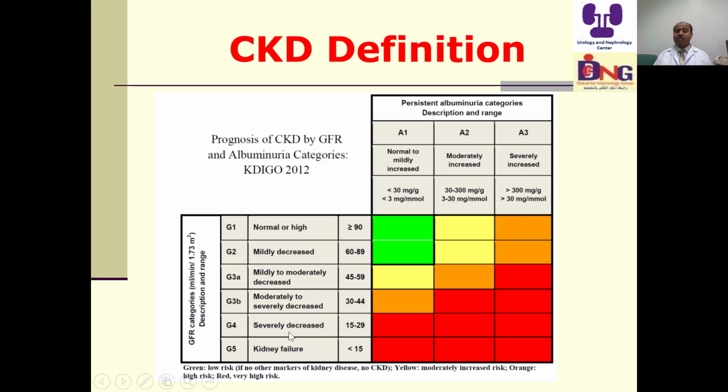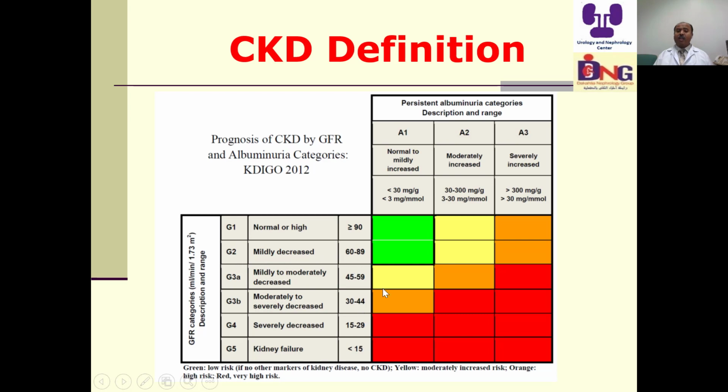Stage 4, it is severe decreased kidney function. It is stage 4 CKD, and the estimated GFR is between 15 to 30. And the kidney failure stage, or stage 5, or severe CKD, or very low GFR, it is less than 15 milliliter per minute. So if we apply the definition, if we have persistent low GFR less than 60 for more